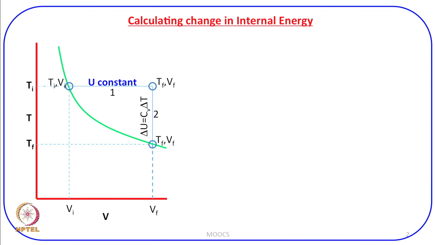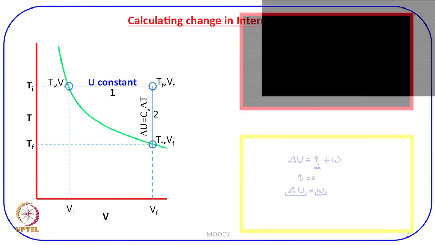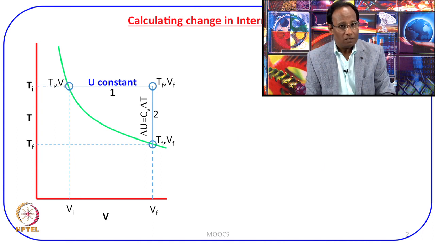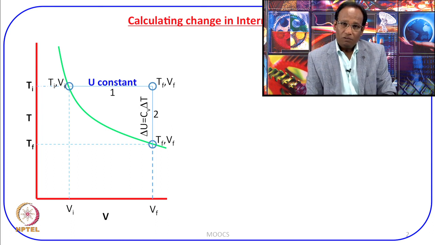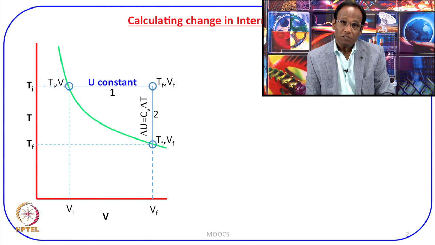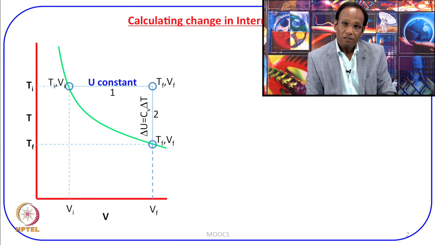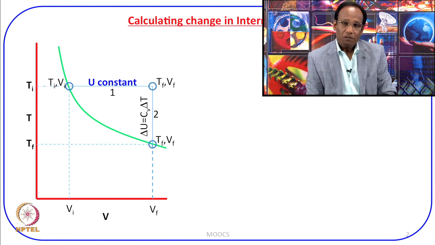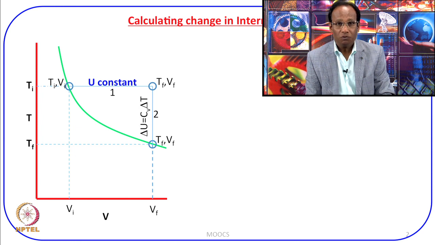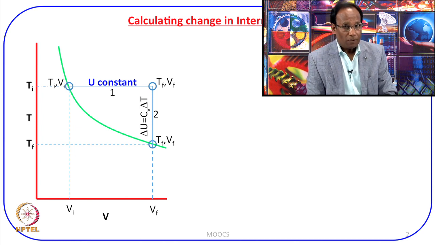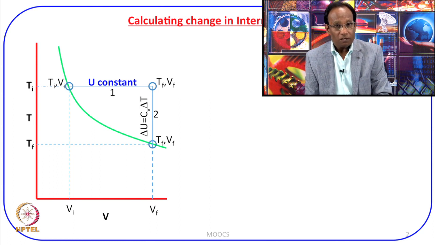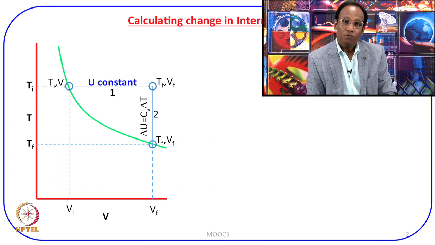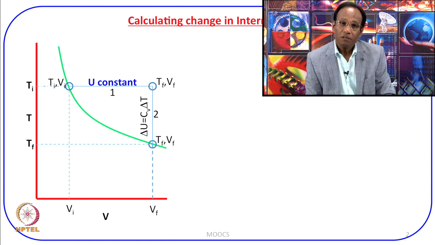The reason is, if you allow a gas to expand under adiabatic conditions, we are not allowing any heat to either enter or leave the system. Therefore, any work which is done is at the cost of internal energy. That means, if the work is done by the system and you are not allowing any heat exchange, then during expansion the internal energy of the system must decrease,